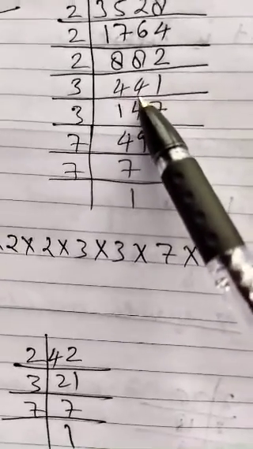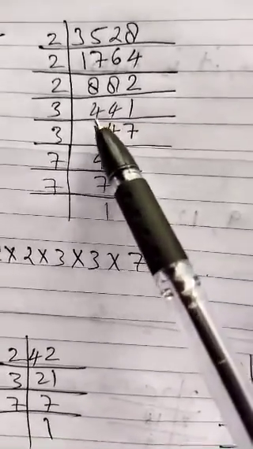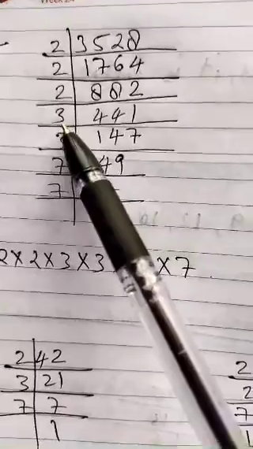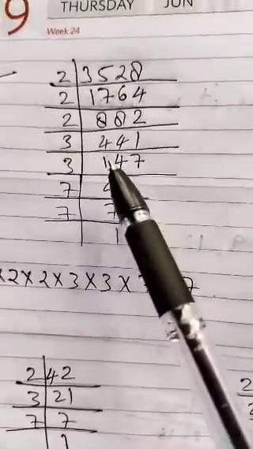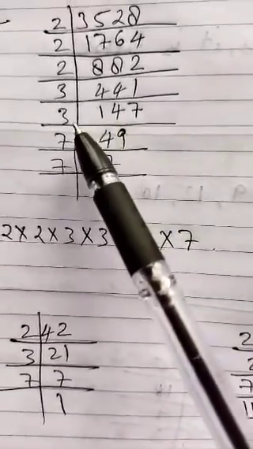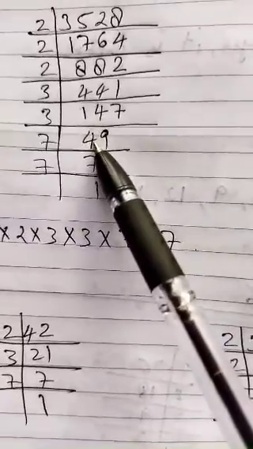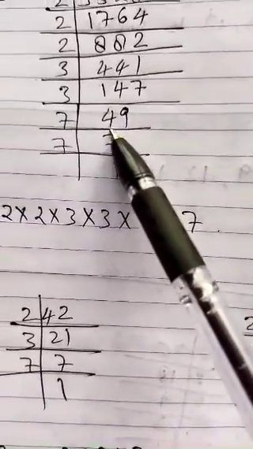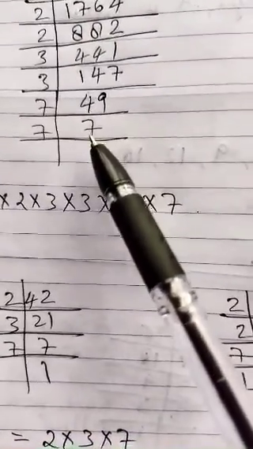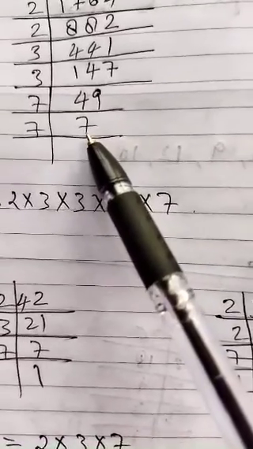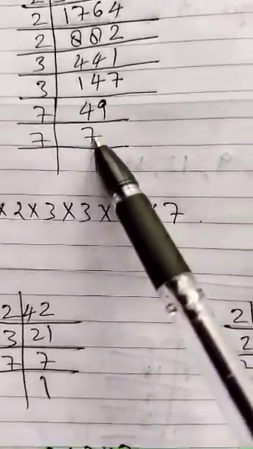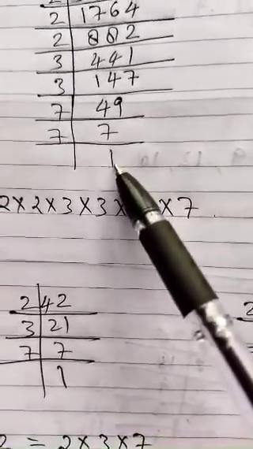Then this number cannot be divided by 2. Now we will see the next number. Next is 3. So this can be easily divided by 3. So you will write here 3, and after dividing you will get the answer 147, that you will write here. Then again 147 is divided by 3 only, so you will divide it and you will write the answer 49 below. Then 49 is divided by 7, so you will write here 7 and divide it, and the answer is 7, that you will write below. Again the 7 is divided by the number itself, so you will write here 7, and 7 ones are 7, 1. See, 1 came, now you have to stop here only.